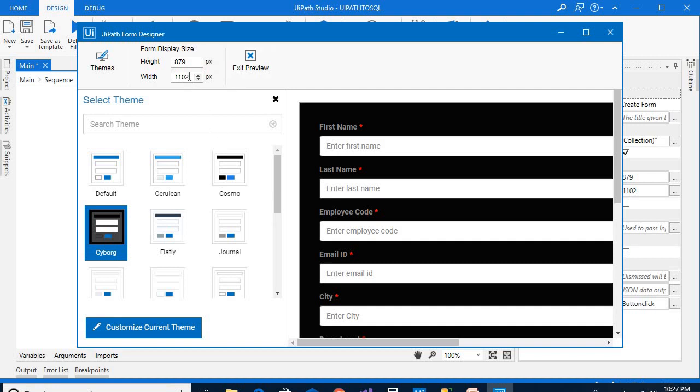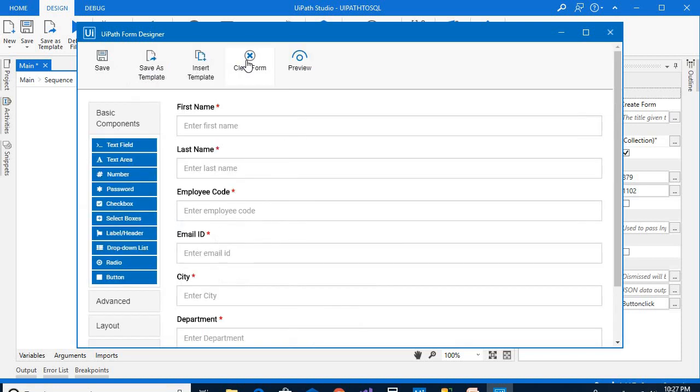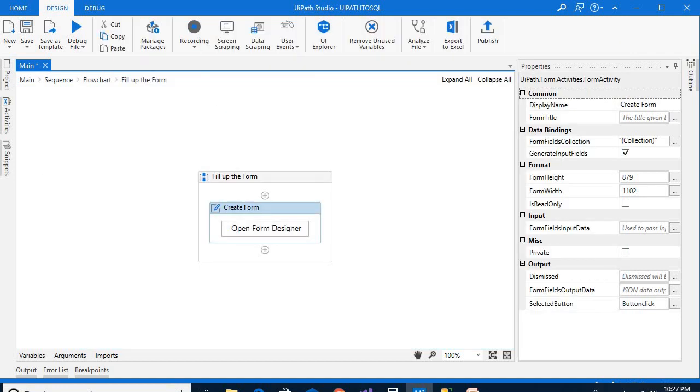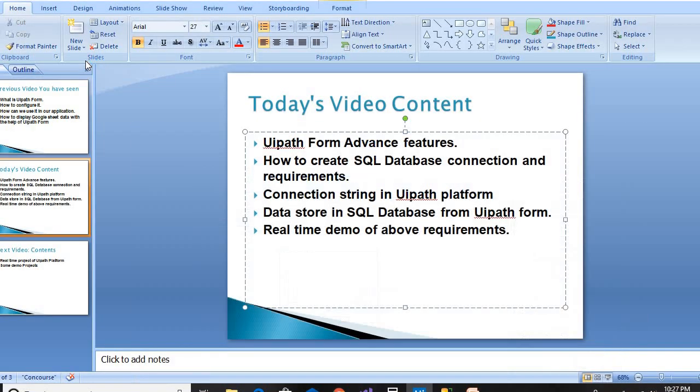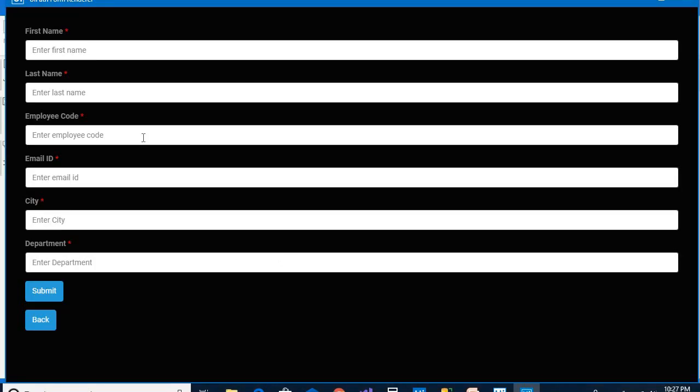You can adjust it according to your requirement, and just exit preview, save the format and close it. Now if you run this file, it will look like this.